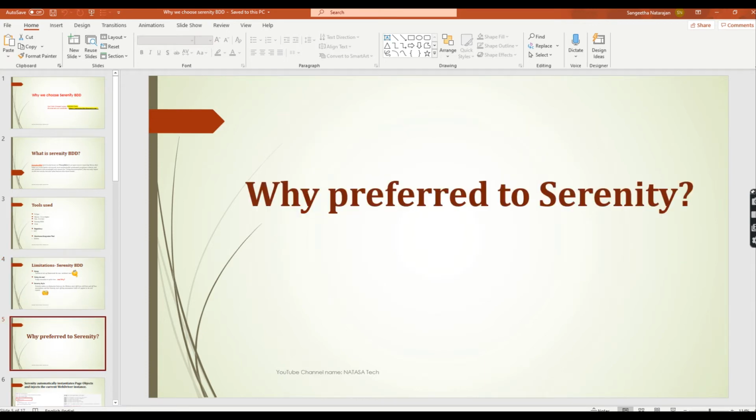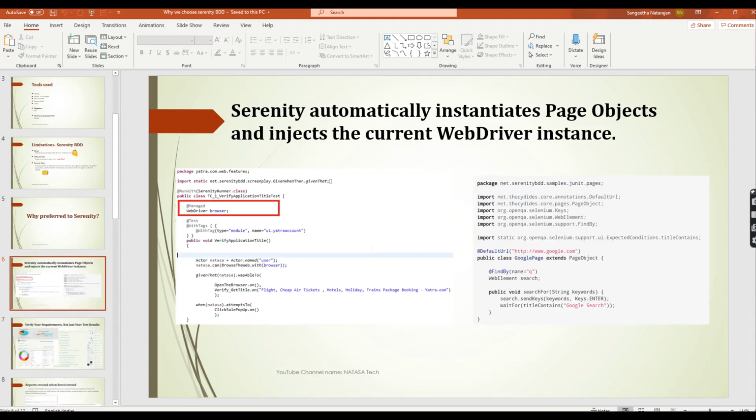Okay, now I'm going to tell you why to prefer Serenity. These are the major things most companies prefer, and this is very important too. Okay, let's go. So I love Serenity. Serenity automatically instantiates the page object and also injects the current WebDriver instance. What is that? After creating your class inside Serenity, you can use the extends keyword: you have to extend PageObject. Under PageObject, you can see a lot of methods available.